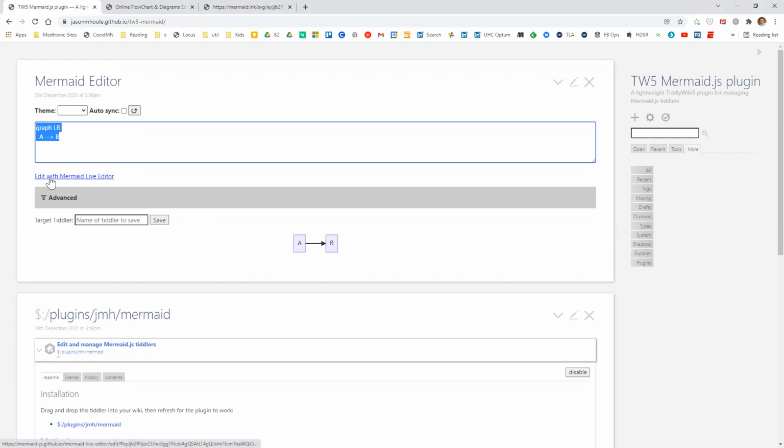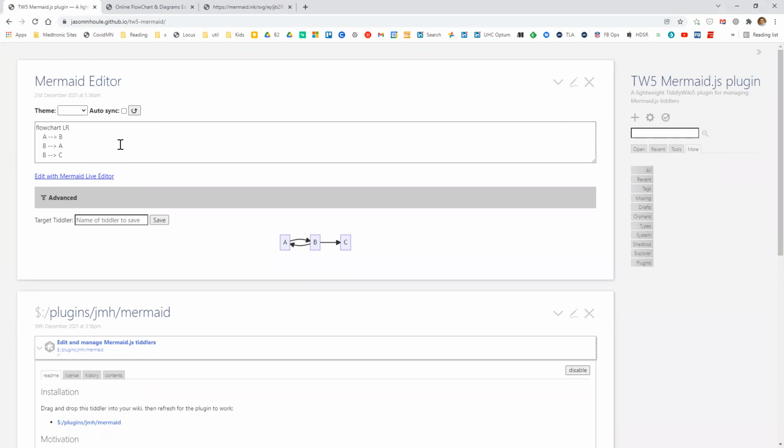So the suggested workflow for working with this plugin centers on the Mermaid editor. I will present a diagram, some syntax here. The theme can be selected from this dropdown. Let's stick with a base theme, or maybe a default theme. And from there, you can take and save tiddlers